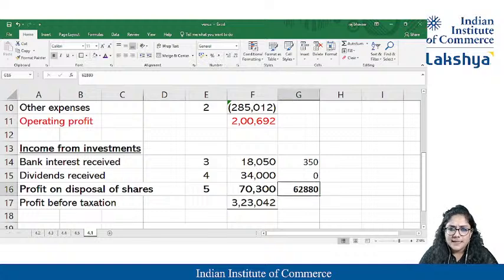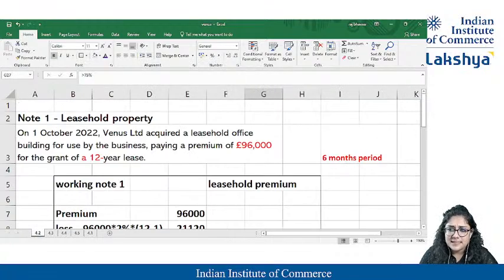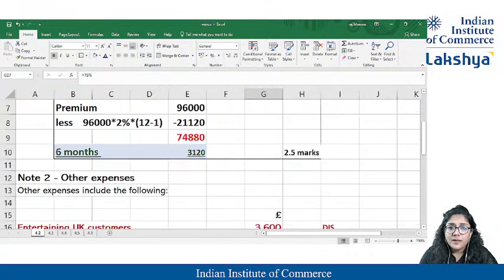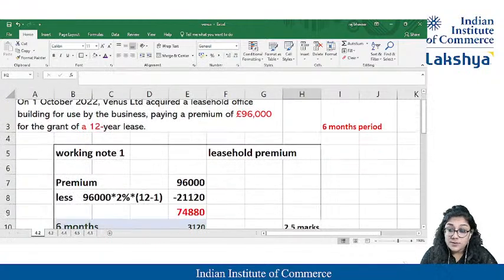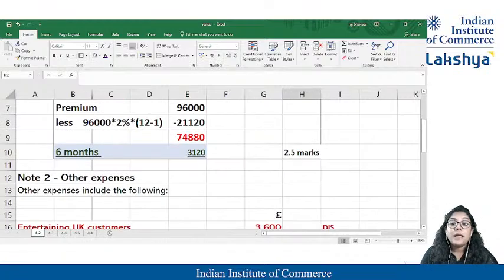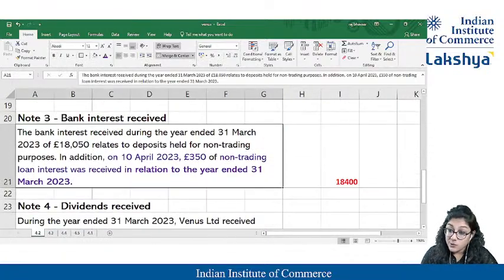Let's find out what is there in the question. Now it's done, ma'am. Fifth done. Now, ma'am, is there anything else? Sixth question. No, nothing. Ma'am, what notes I have covered? I have covered the lease property notes. Yeah, I have covered a working note. Ma'am, other expenses is also covered. Ma'am, bank interest is also covered, where 350 you got maybe later, but that is relevant for the current period. So accrual basis book.